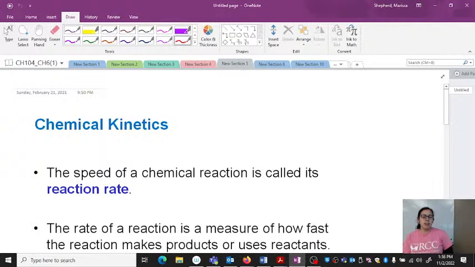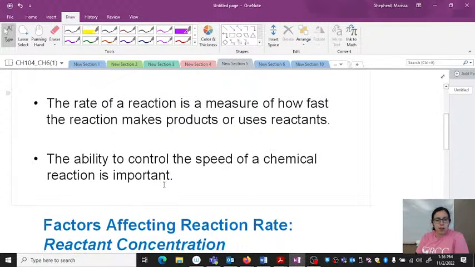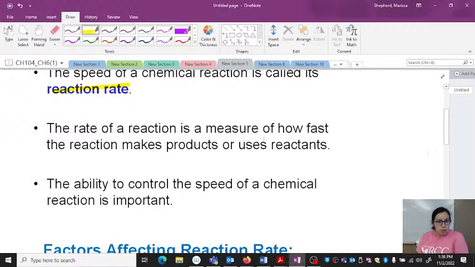So now let's discuss kinetics and what makes reactions go fast or slow. And so the speed of a chemical reaction is called its reaction rate. And this is something that you just have to measure, so you can't really predict it, but you can at least influence it. So the rate of a reaction is a measure of how fast the reaction makes products or uses reactants. And of course, if you were measuring this in a lab, you'd have to figure out, well, which can I monitor, my products or my reactants? So that could depend on your technique, whether it's like NMR or if you have like a colored product, you could use